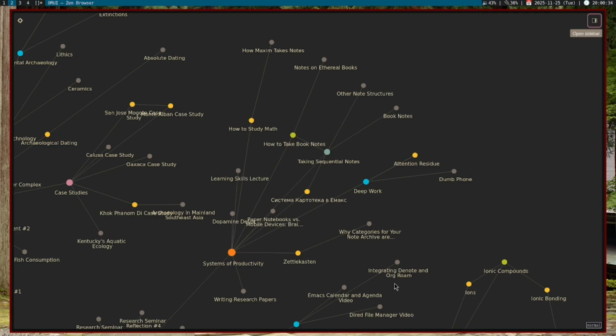I've been using Denote and Roam for more or less 2 years, maybe 3 years. Sophomore year in high school was when I started using Roam, and then I switched to Denote in junior year. I mainly used Denote by itself for about 2 years after that. But recently, about 3 months ago, I switched to using Denote and Roam together. So I would just like to take you through what made me make that decision and how I am using